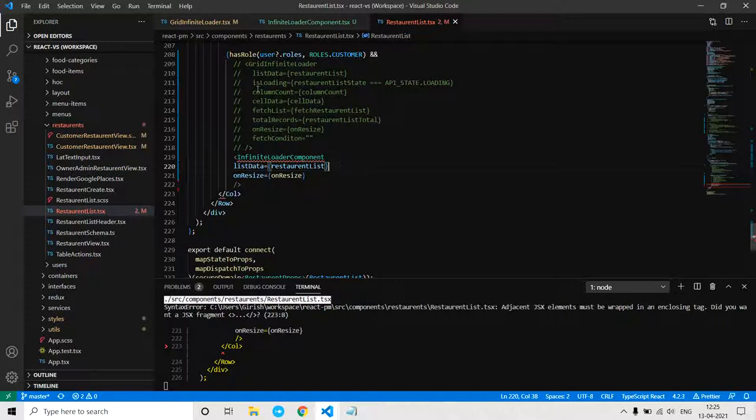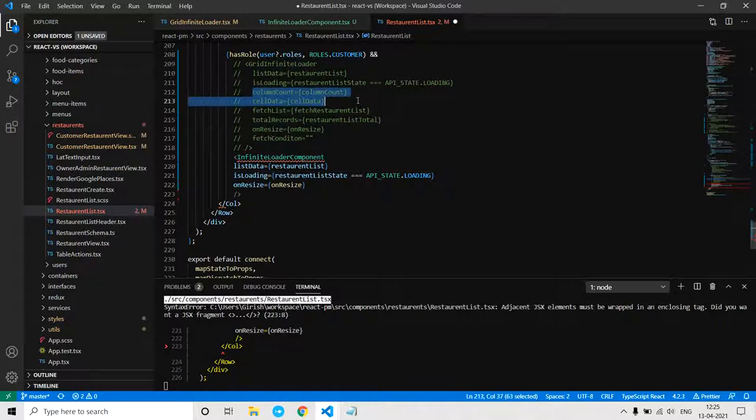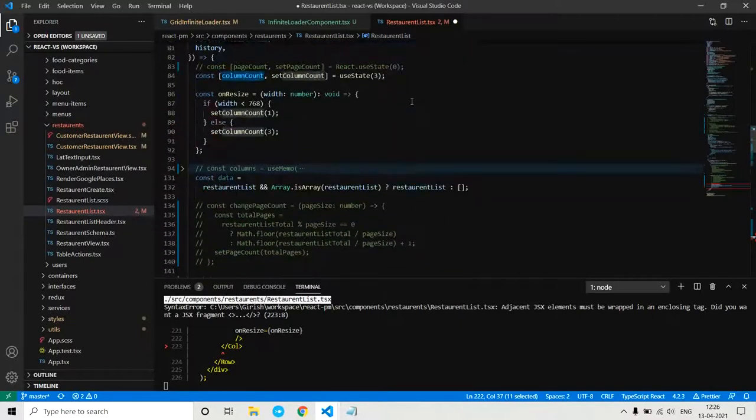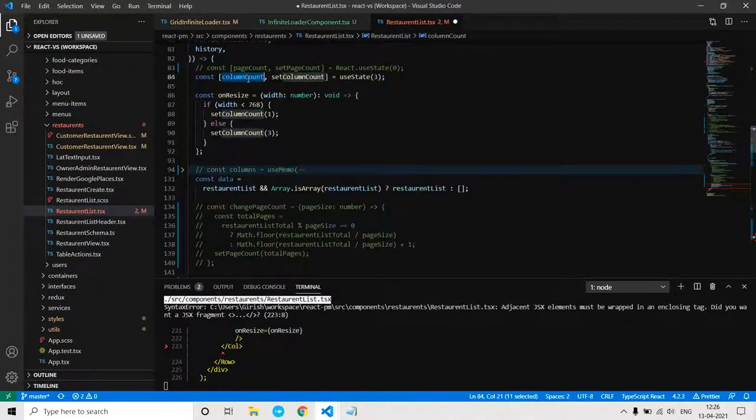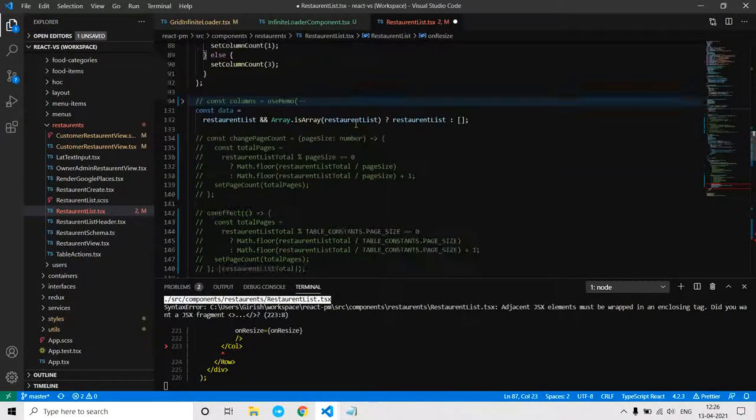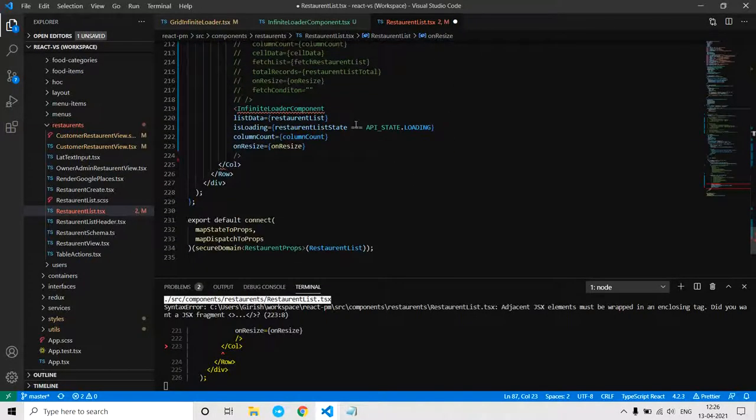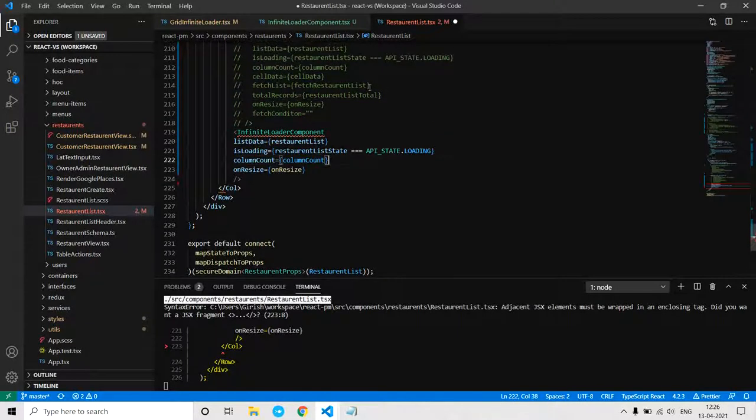Okay, and is loading decides whether we are still loading the data, and the column count is the number of columns. This column count is the state value which I just showed you, which we might change based on the width if we have a requirement. And we have this cell data, which is nothing but the content of the cell to be rendered.